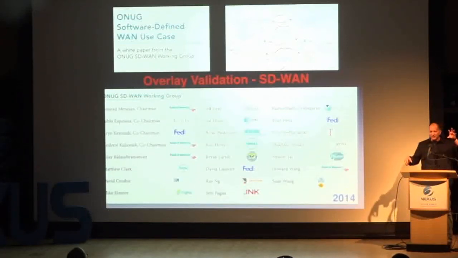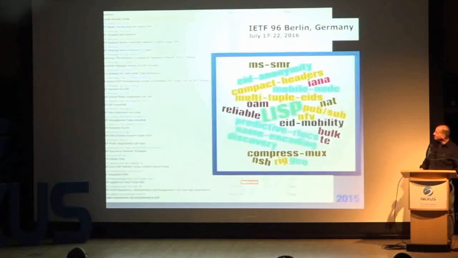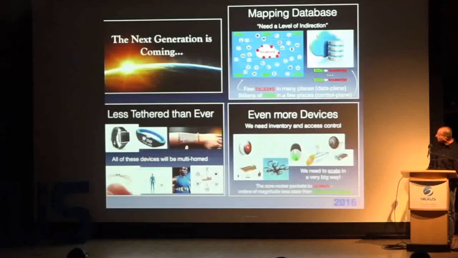So we see VXLAN in the data center, and we see SD-WAN in access, but we really haven't seen everybody put it together. And that also supports SDN-based stuff. A lot more use cases that we started doing. This is a list of use case Internet drafts in the IETF in the last year, 2016, where we're doing all kinds of interesting things with security and IoT, more mobility features, very, very interesting stuff.